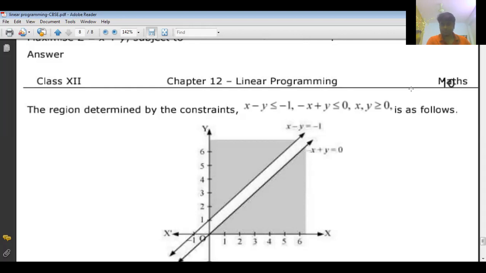Hope you have understood the problems in this first exercise. Just go for solving some more, and go for observing some examples also, whichever are given in this NCERT textbook. From that you can get an idea of problems in linear programming of different models. You have to finish all the examples also which are given in the NCERT textbook. Then only you will get clarity on these problems of linear programming. Clear?